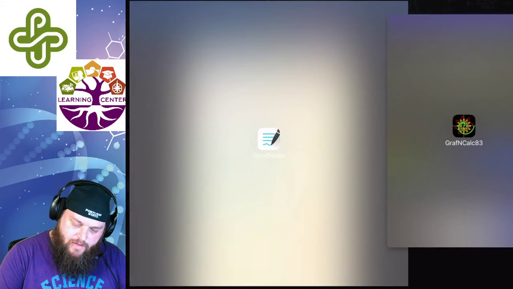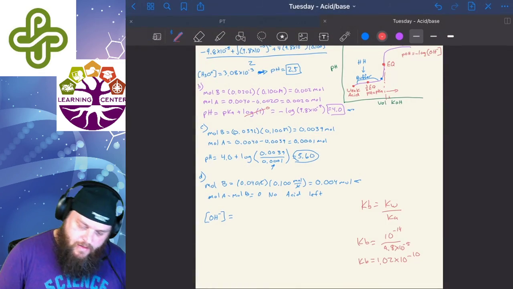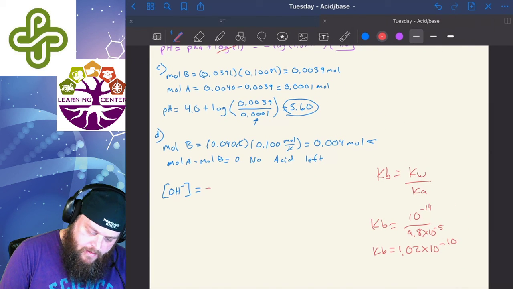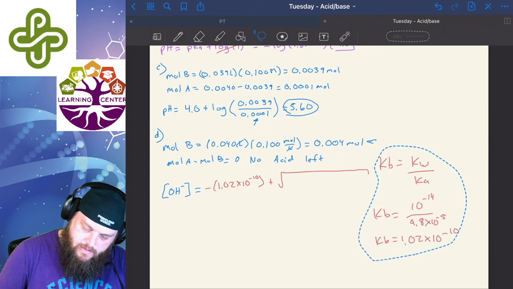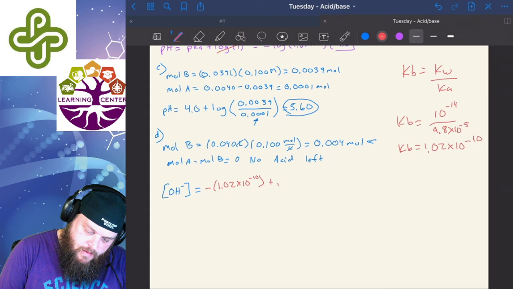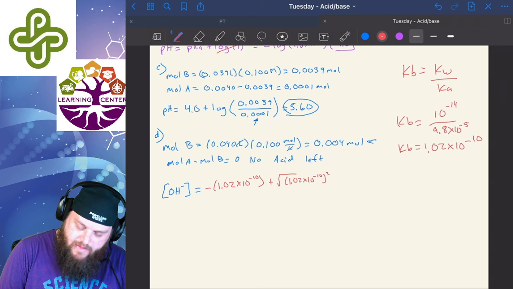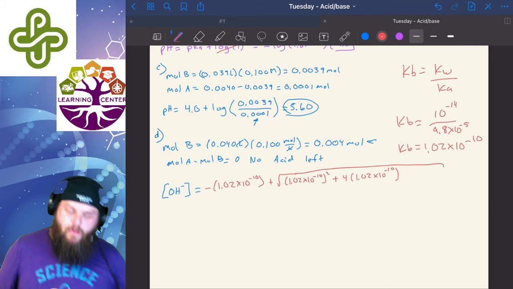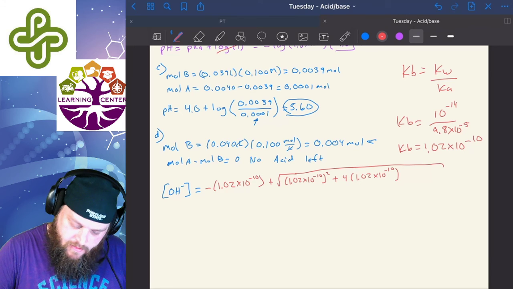So now plugging into that quadratic formula, this is negative Kb, which is going to be 1.02 times 10 to the negative 10 plus the square root of, I'm going to move all this up here so I have a little bit of extra space, 1.02 times 10 to the negative 10 squared, Kb squared, plus 4 times A times 1.02 times 10 to the negative 10 times the concentration of our conjugate base. Now that's where we run into a little bit of trouble, because that concentration of base,